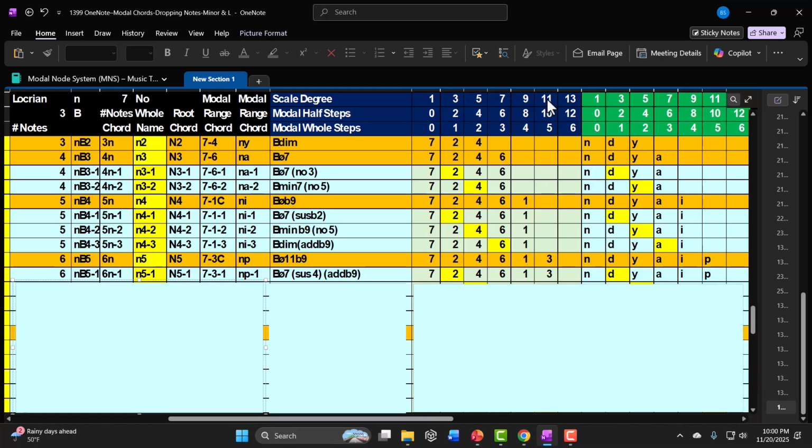I'm going to stuff the 4 where the 3rd is, but I need to change so it would be a B half diminished. You would think a B half diminished, but then I have to drop it down to a 7, and then sus4 add B9. But you might say that no, it should be a B minor 7 sus4 add B9, or you might say no, it should deviate back to the mixolydian, which would be just a B7 sus4 add B9,